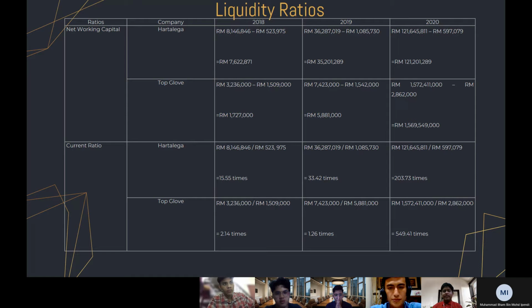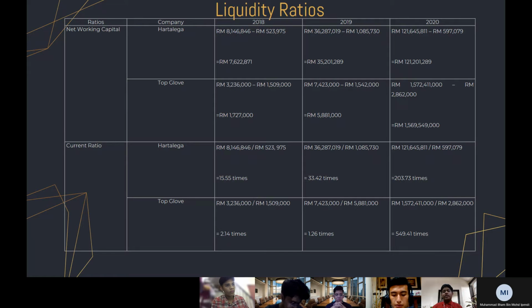for 2018 and 2019, Hartalega has better net working capital, but in 2020, Top Glove has better net working capital. For the current ratio, as we can see on the table, for 2018 and 2019, one more time, Hartalega has a better ratio compared to Top Glove, but in 2020, Top Glove has a better ratio compared to Hartalega. So what we can conclude from all of this data